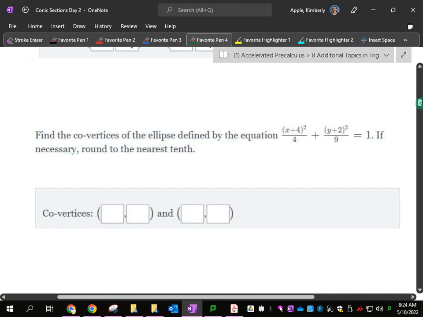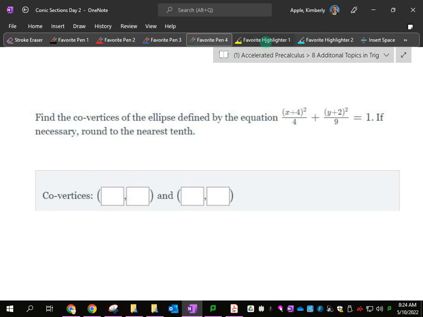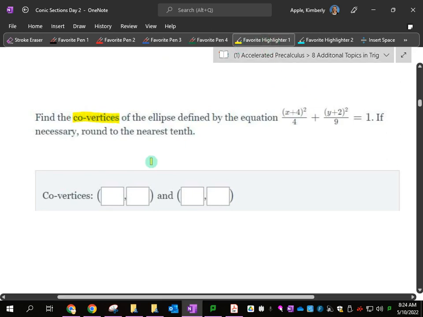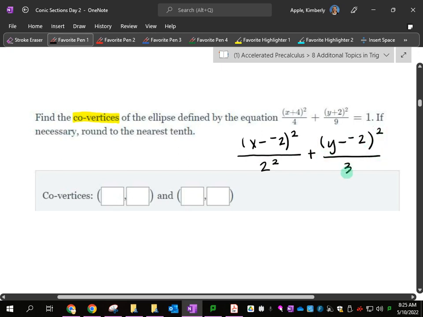All right, let's go again. This one says find the co-vertices of the ellipse defined by this equation. So step number one for me is always going to be to rewrite this in the form that I need it so I can see it clearly and pull out all of my key information. So this would be 3 squared equals 1. Basically what you're going to need when you're working with these, remember how we needed center and radius. Well, now in the ellipse, we're going to need the center and A and B because everything builds off that. So the center here is going to be -2,